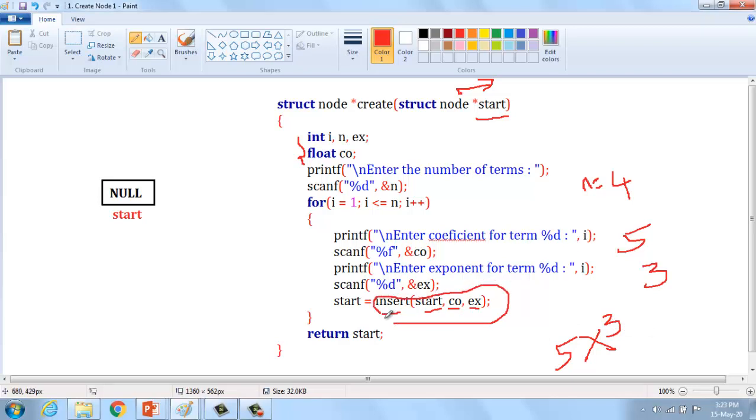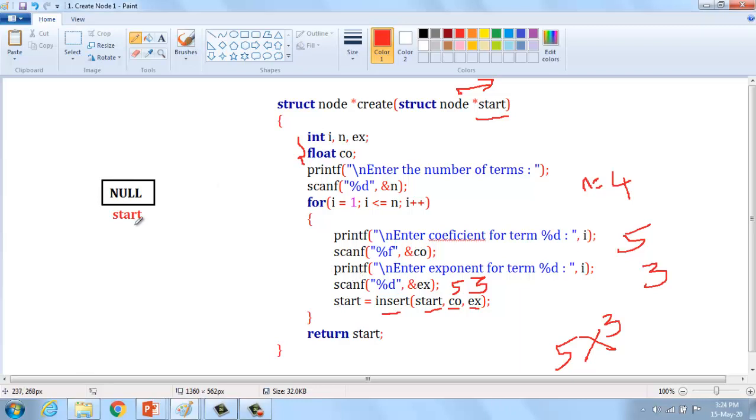Inside this function we have to specify each and every term: start is the pointer, co is 5, and exponent is 3, because we are going to enter all the terms here. Then we call the function, and it will store all the details inside the linked list.